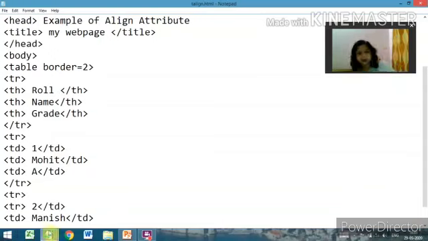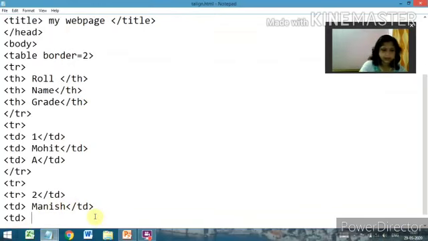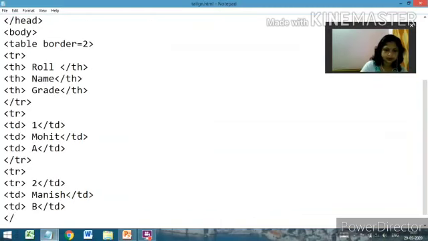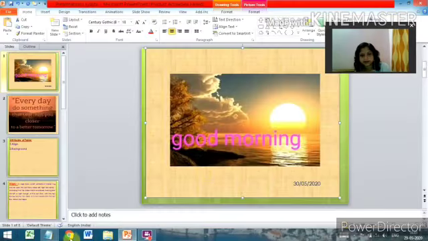I left that roll number, then your name, then your grade. Now it is your table over. Now see, this is a simple table I have made to show you how it is working, means the align tag will be used. Now minimize it and you come to your